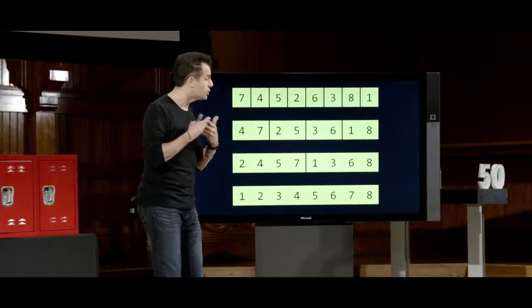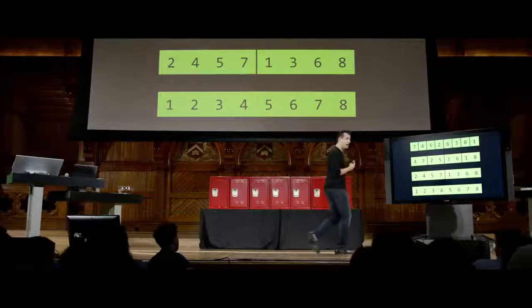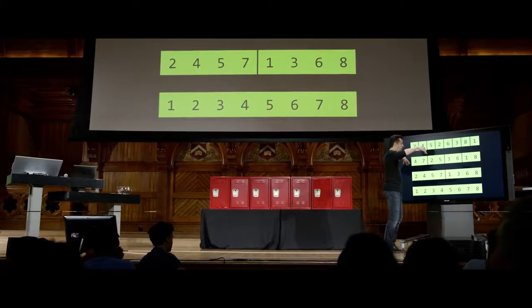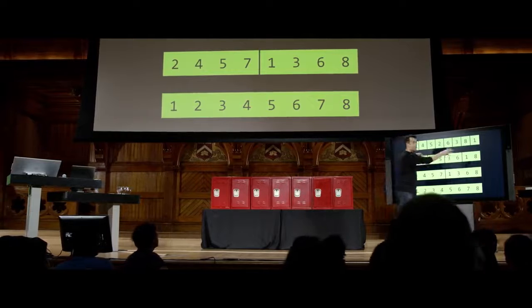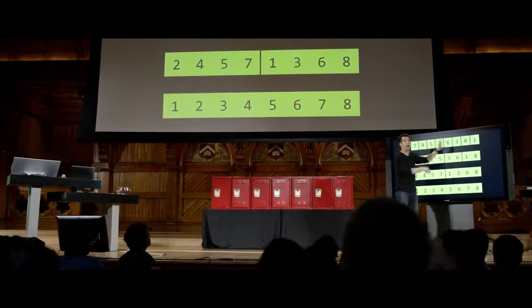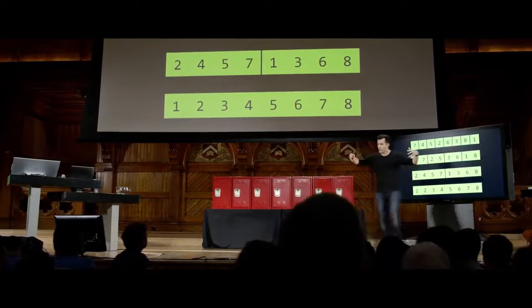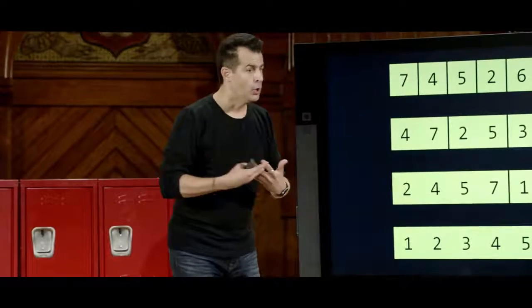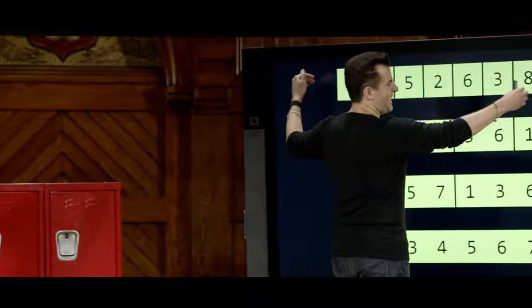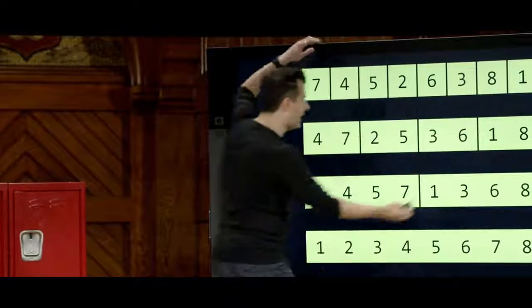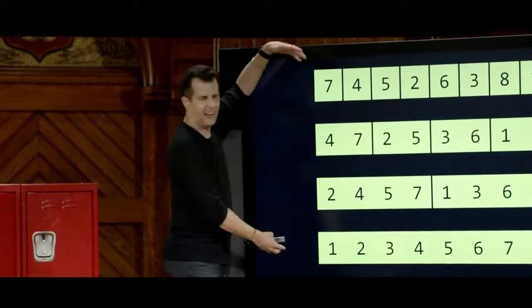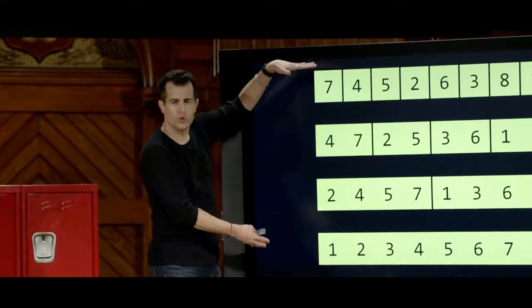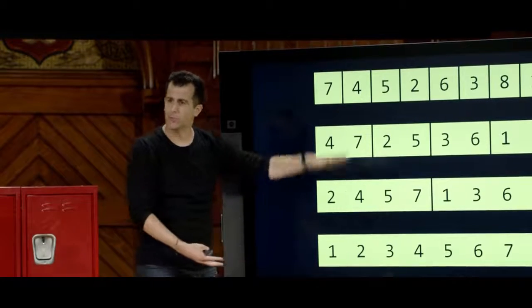That was the third and most important step. And every time we merged, we combined 4 elements plus 4 elements, or 2 plus 2 plus 2 plus 2 elements, or 1 plus 1 plus 1, 8 elements individually. So we touched all n elements. So this picture, if you will, is like 8 numbers wide, or n numbers wide, if we generalize as n, and it's log n rows tall, if you will, because that's how many times you can divide things again